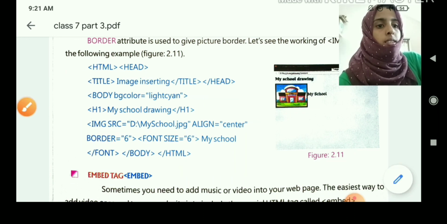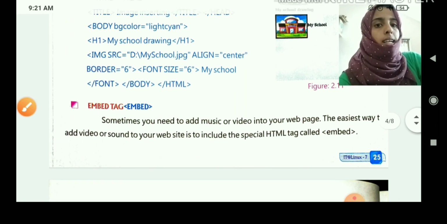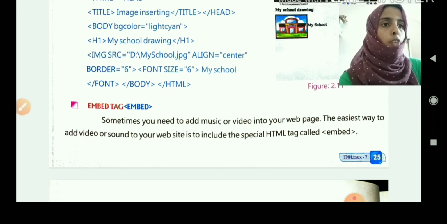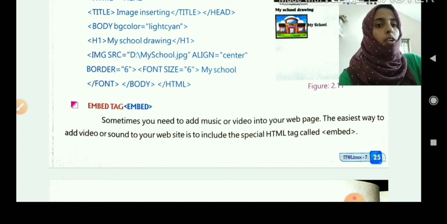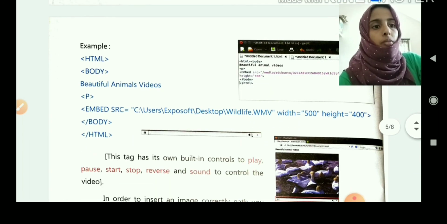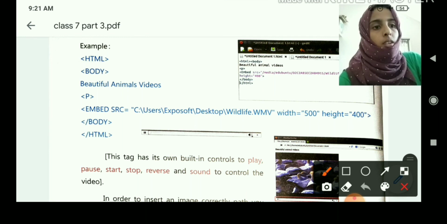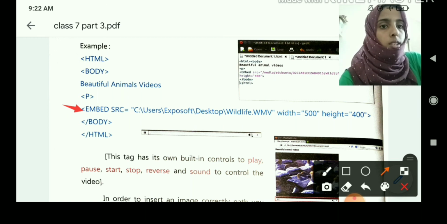Then the next tag is the embed tag. Okay, if you want to insert a video or audio in your web page, then you can use the embed and /embed tag. Then how can we add a video or audio in your web page? For example, embed src, see users Exposoft, then /desktop.